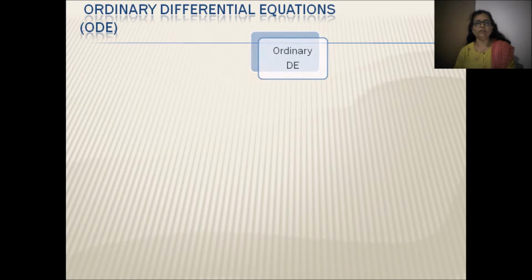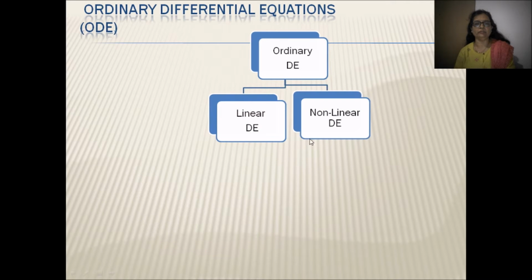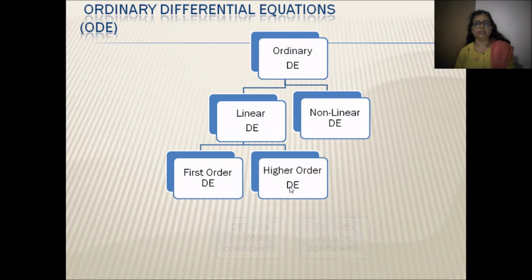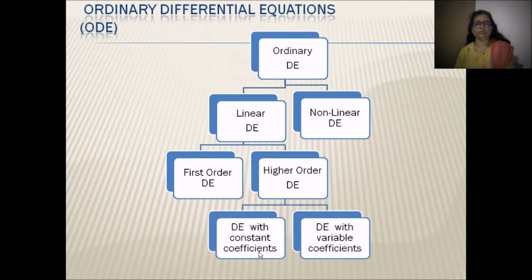Now in part 1 and part 2, we already solved some problems of linear differential equation, non-linear differential equation, first order and higher order with constant coefficient. Now in this part 3, we will discuss differential equation with variable coefficient and solve some problems of differential equation and plot the graph of the solution of differential equation.